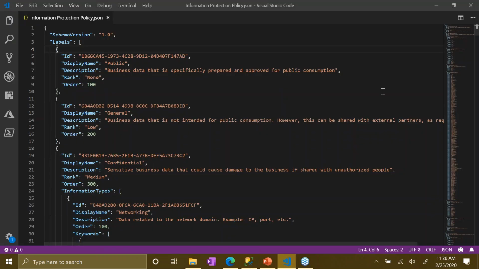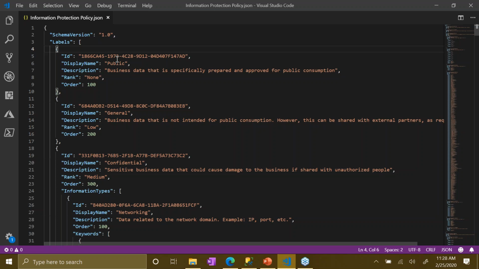I'm using Visual Studio Code, and I wanted to walk through what's in here so you can understand and make decisions about what you want to do and how you might want to change it. So you look at the basics here. We're layered out going from the sensitivity label into the information types within that sensitivity label. I believe a lot of this has to be fairly unique, and you have to match it in order. So when you're messing with any file like this, be cautious.